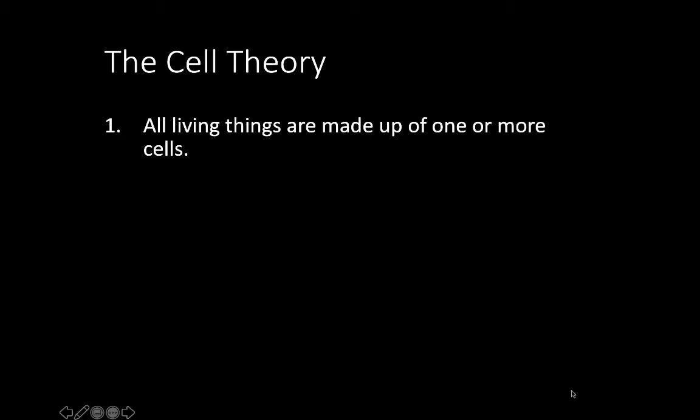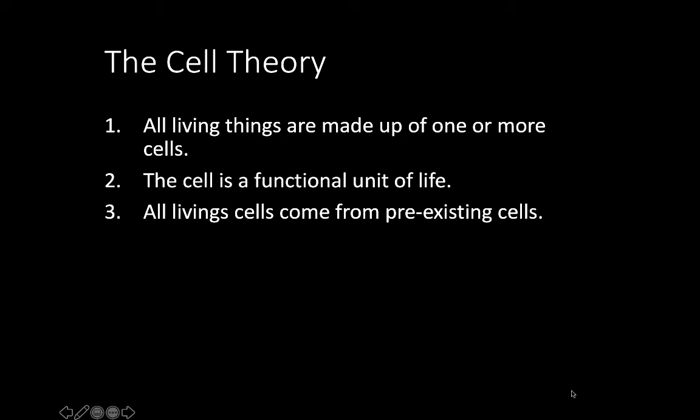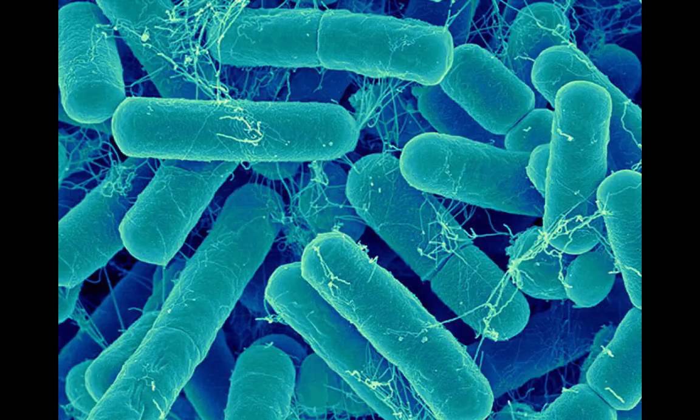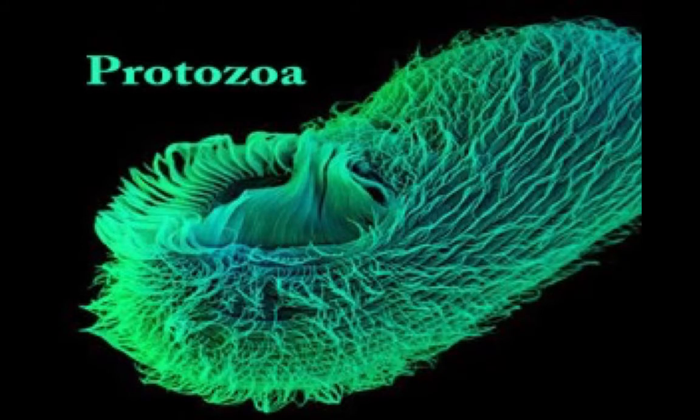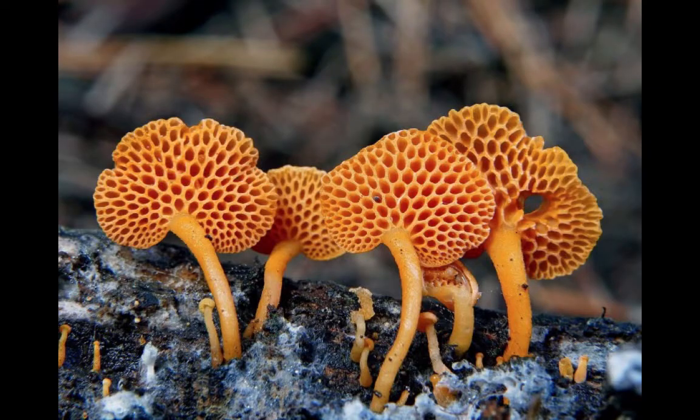Lesson 2A, the cell. We begin with the cell theory. This theory states that all living things are made of one or more cells, that the cell is the functional unit of life, and that all cells come from pre-existing cells. This means single-celled organisms such as bacteria and protozoa, as well as colonies of single cells, like fungi, are living